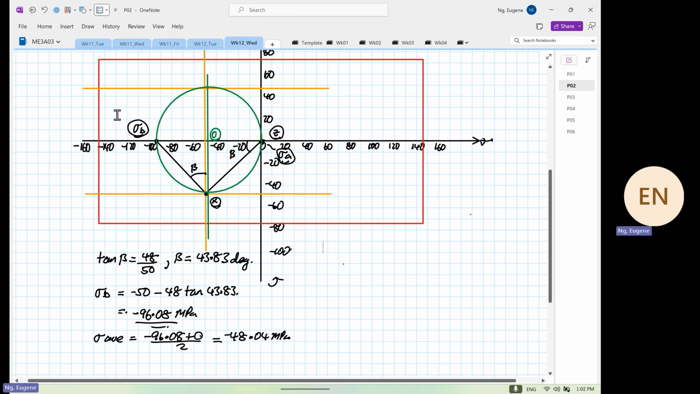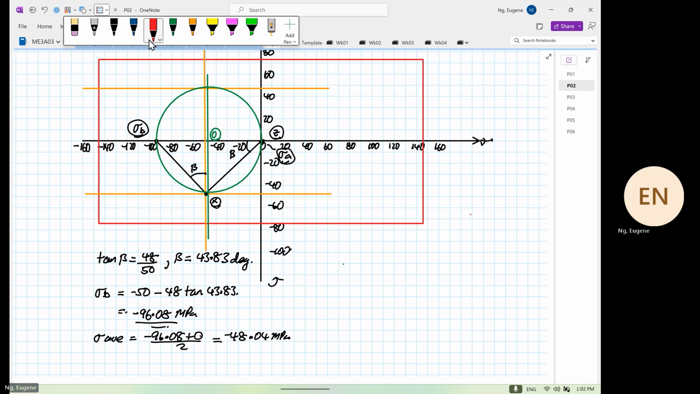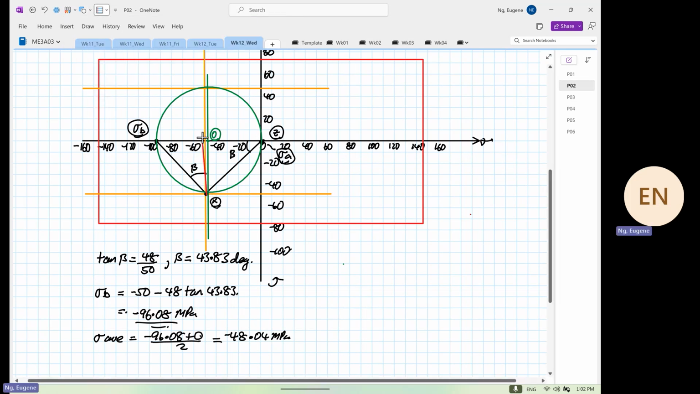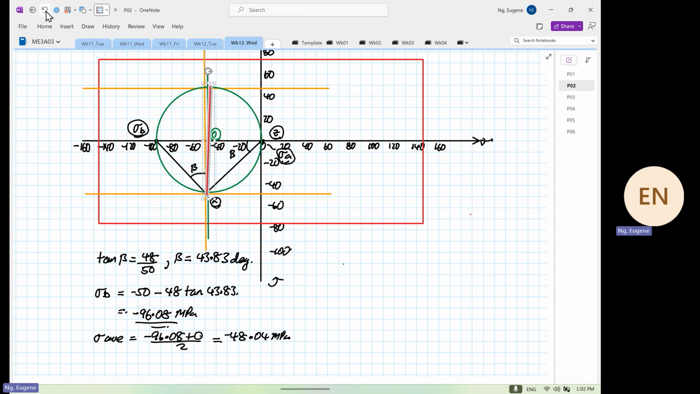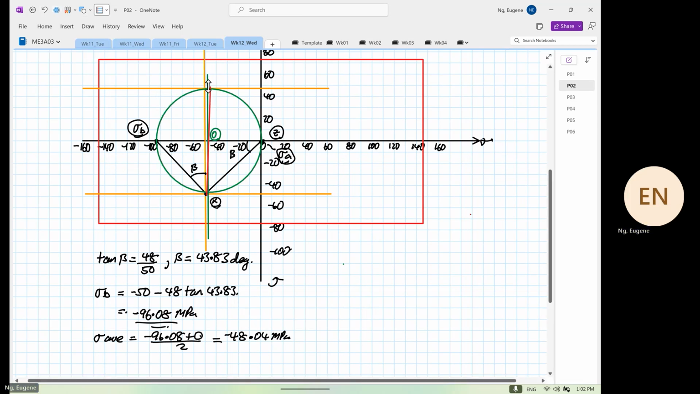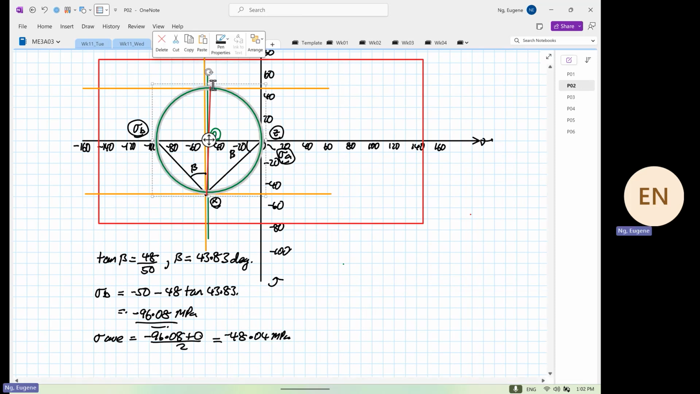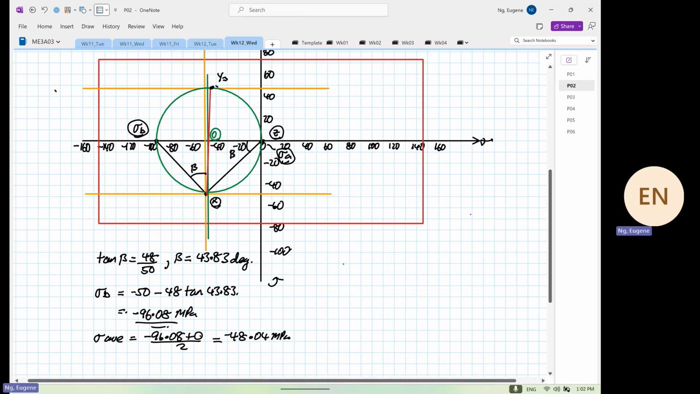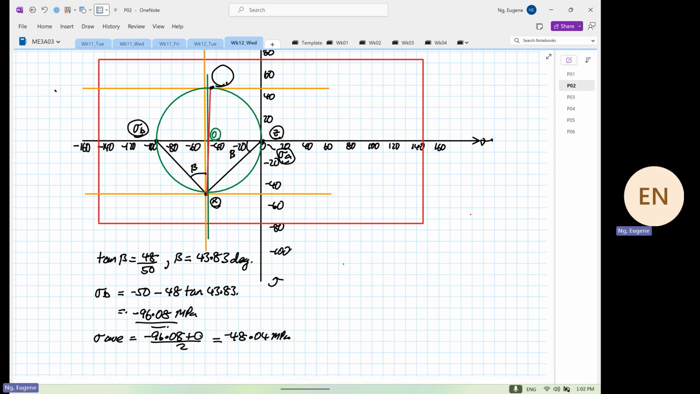Over here, I'm going to draw a line cutting across point O. I think the circle is not perfect, but that's my fault. Over here, this is your stress Y3. I repeat again, this is your stress Y3. So we can also determine our stress Y3. The stress Y3 basically